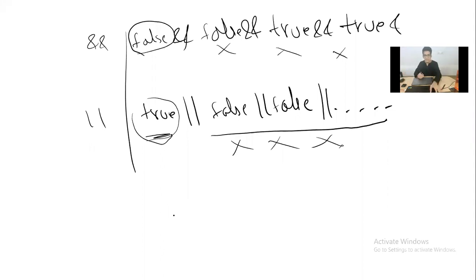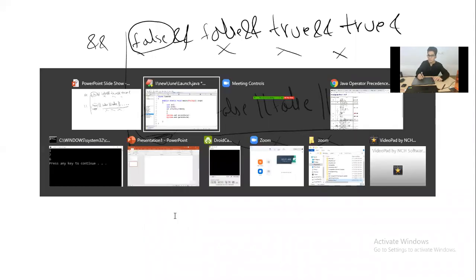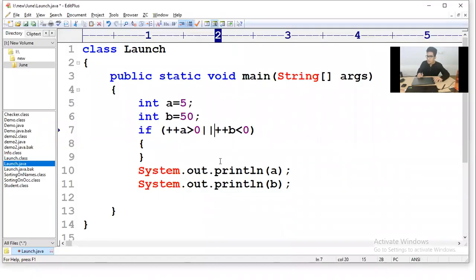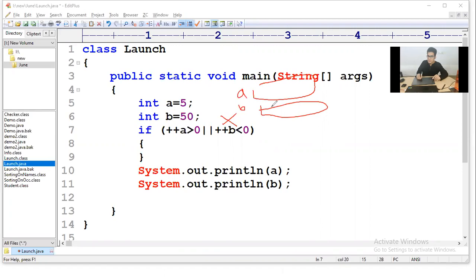Now let me come back to the code. It's an OR operator here. If one of them is true, will you check the other condition? No, it will not. Let's see. ++a, and the memory values of a and b. A is 5, B is 50. ++a first increments A to 6. Is 6 greater than 0?